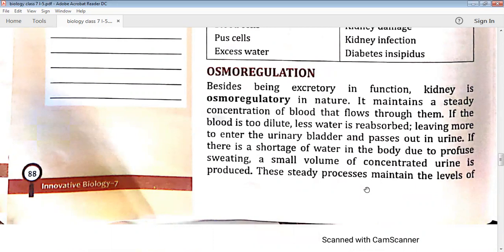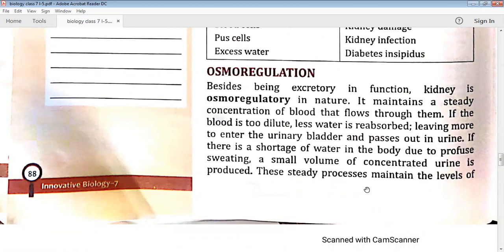Osmoregulation is basically the function of kidney with the help of which it regulates the amount of water. If you are drinking excess of water, then it will go from your body in the form of urine. And if you are not drinking excess of water, then kidney will manage that too. So kidney manages the water content, how much is required by the body. Kidney decides that this much amount of water is required and the rest is excess, so it will come out in the form of urine. So that's why it is always advised to drink more and more water.